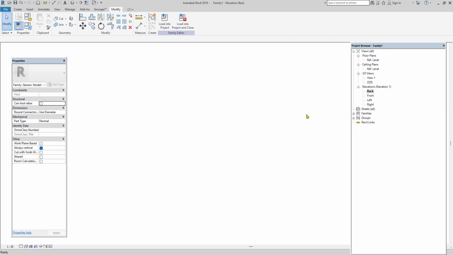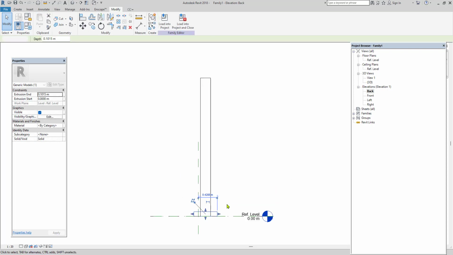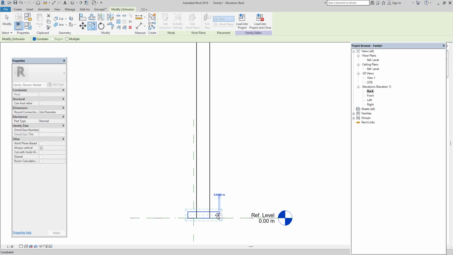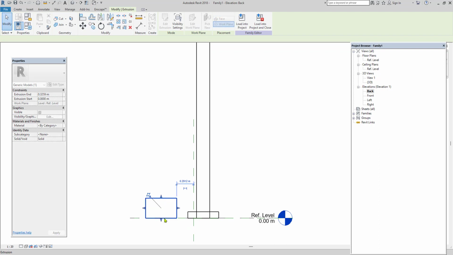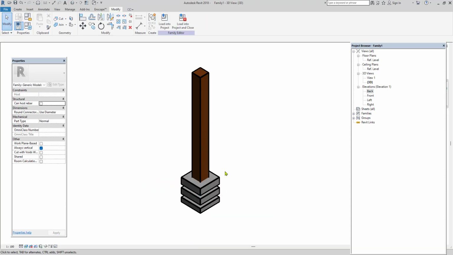We can even decorate in another way. Select that, reduce the height or depth, copy it multiple times, and then arrange it in the same manner, repeating the same process and arranging it. So you can go with any other design which you want to do and finish it. So this way you can create the column.